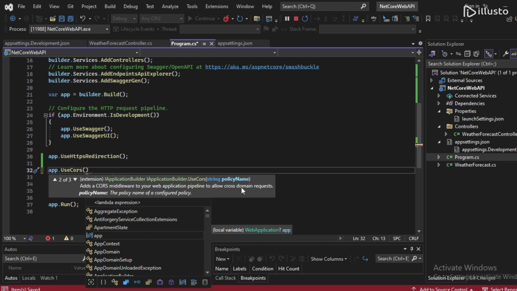Okay, here if you'll see, we have the two overloaded, the default. So this one will basically use the default policy, and here we have some of the options that we can provide, a policy as well. So in our case we have created our own policy AddCors, so this we can provide the same here. Okay,